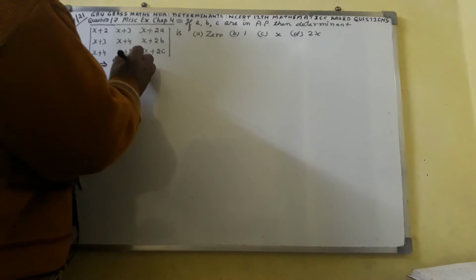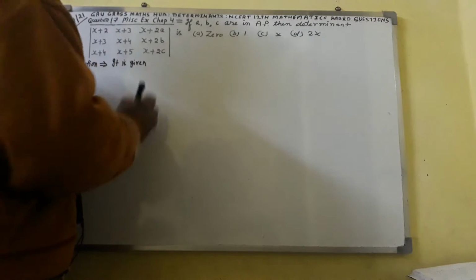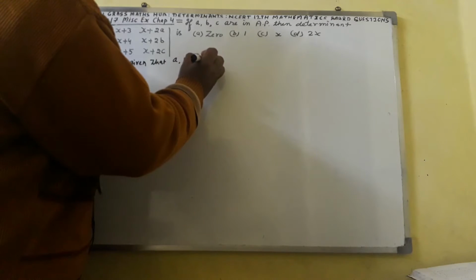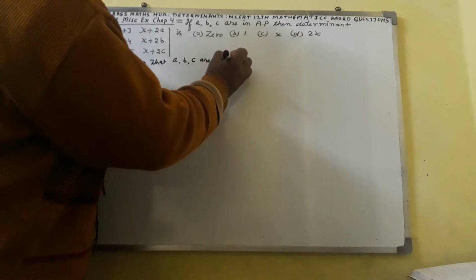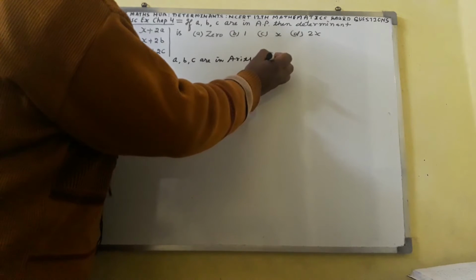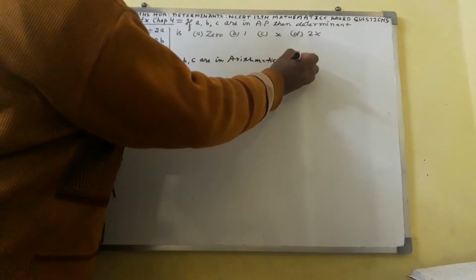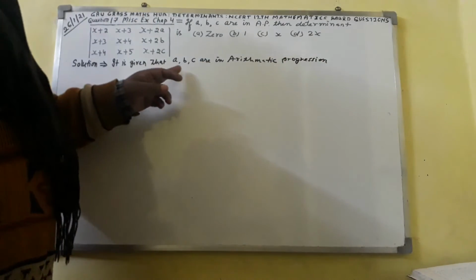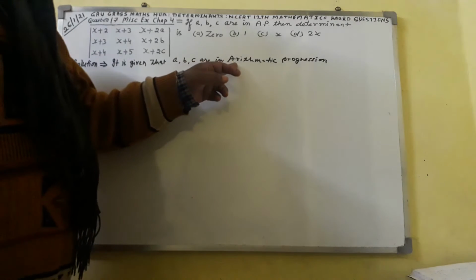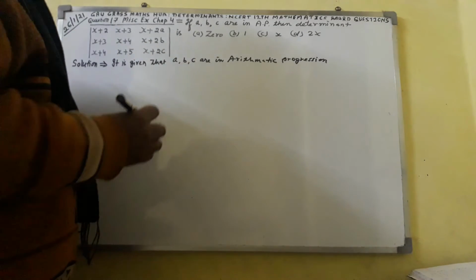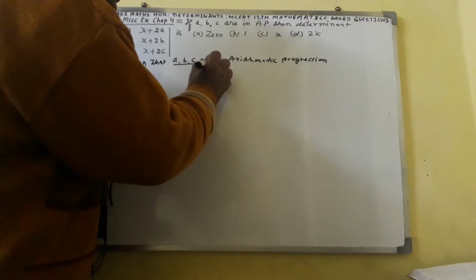It is given that a, b, c are in arithmetic progression. Arithmetic progression means if a, b, c are in arithmetic progression,